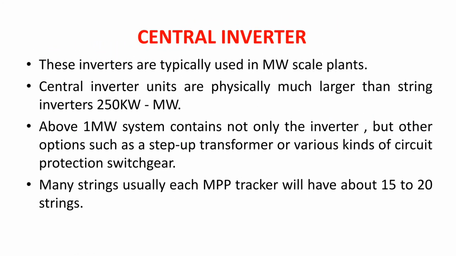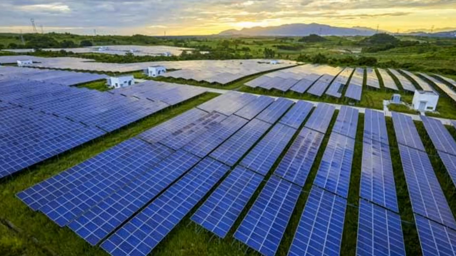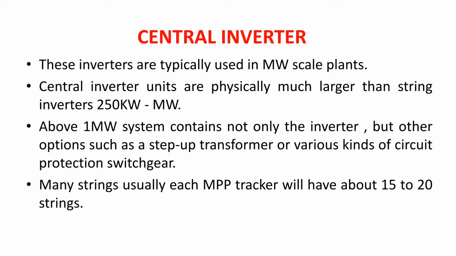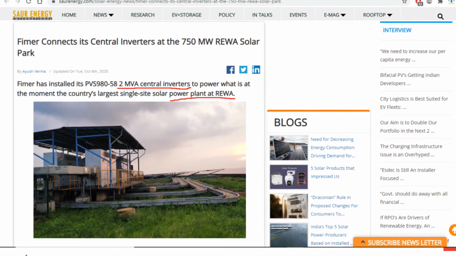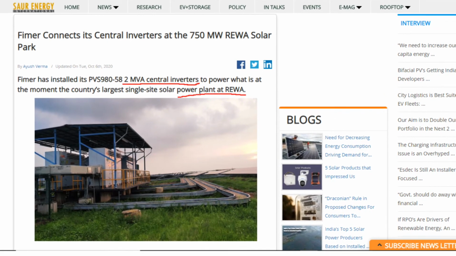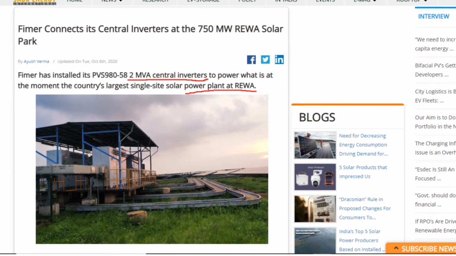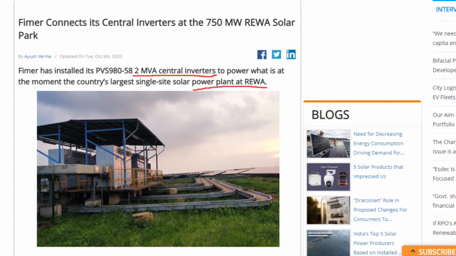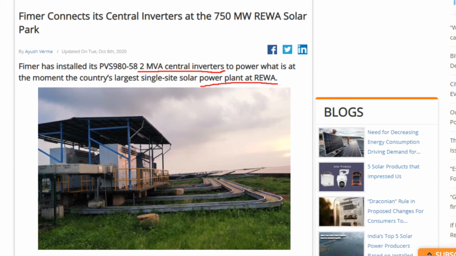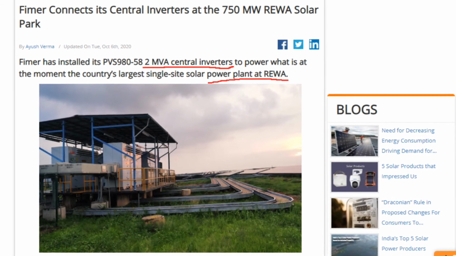Now coming to central inverters. Central inverters are generally large inverters and these are mostly used in solar parks and we can see them in large plants of megawatt scale. Central inverters are larger than string inverters and their power range is from 250 kilowatt to megawatts. For example, here is an article from Solar Energy International which says FIMER has installed its 2 MVA central inverter at the 750 megawatt Rewa solar power plant.